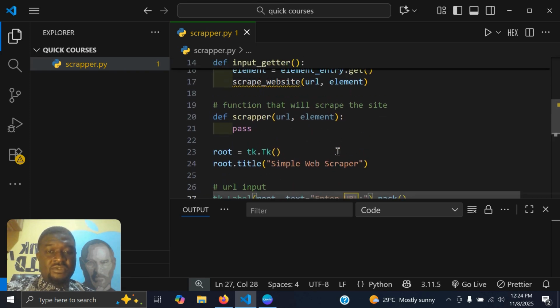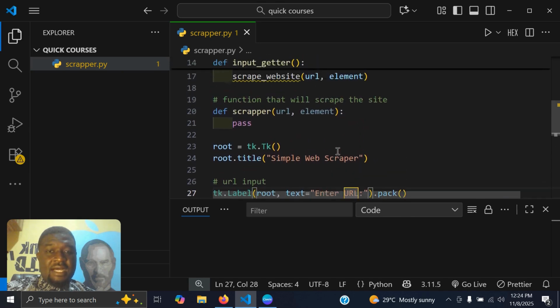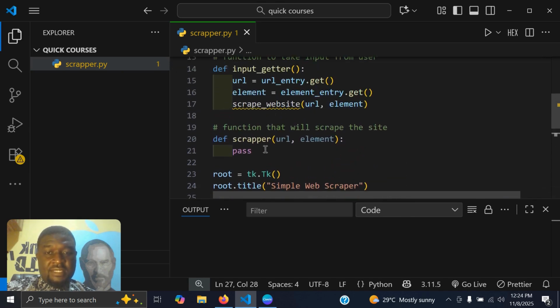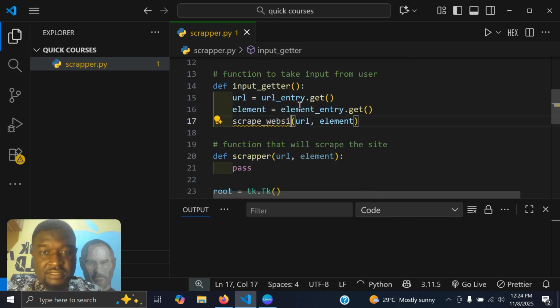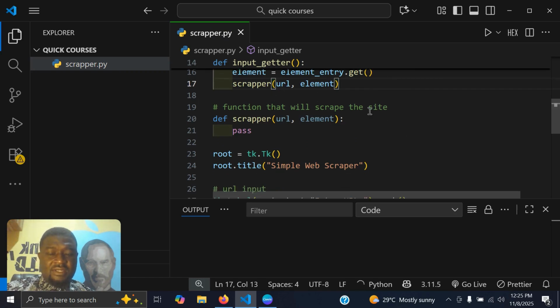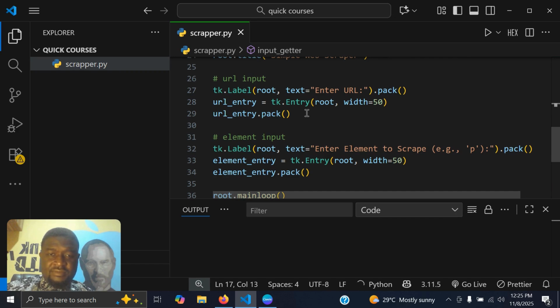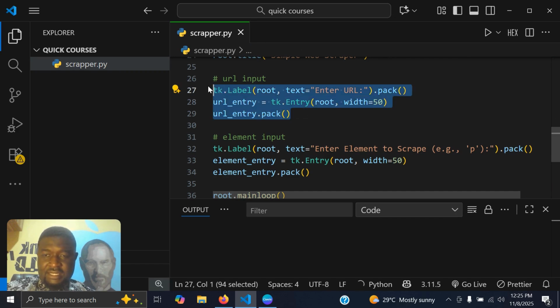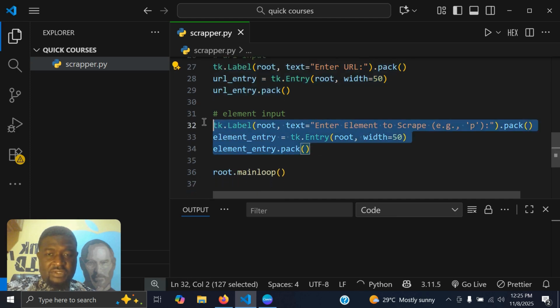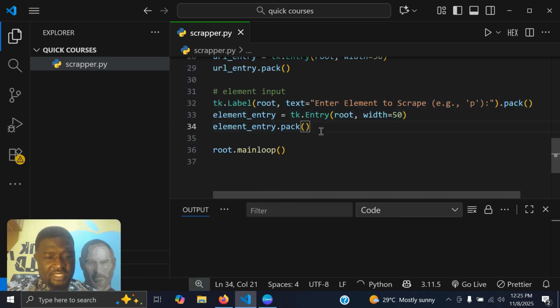Then the last thing we want to do is to have this function that says create website. Oh, okay, we call it scraper here and create website there. So what do we do? Let's just return it here and call it scraper. Although scrape website makes more sense to me, but just for the sake of this video, let's say it's calling this scraper. So we have all of these. We have a place to collect the value for this, we have another place to collect the value for this. So we need a last place to